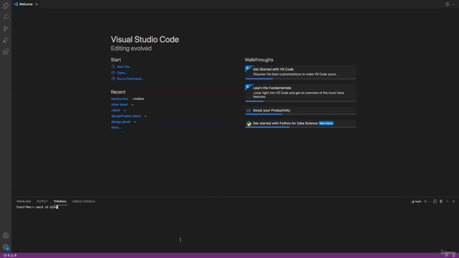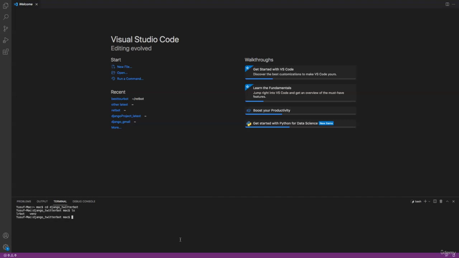This is the main project folder that we created. Mine is Django Twitter bot. So I'll just log into my Django Twitter bot folder. And now the next thing I need to do is just to find out what files and folders are there. So I can see I have my venv folder and I have my